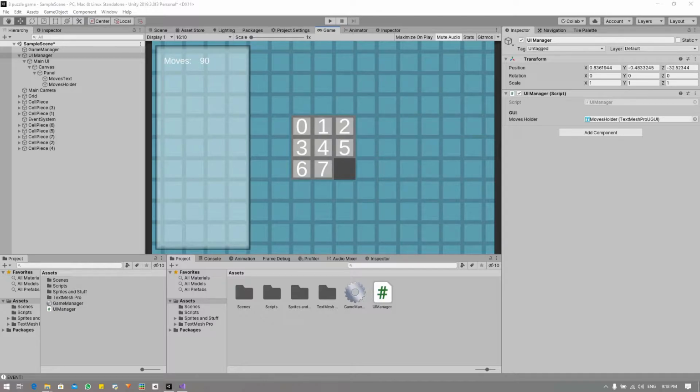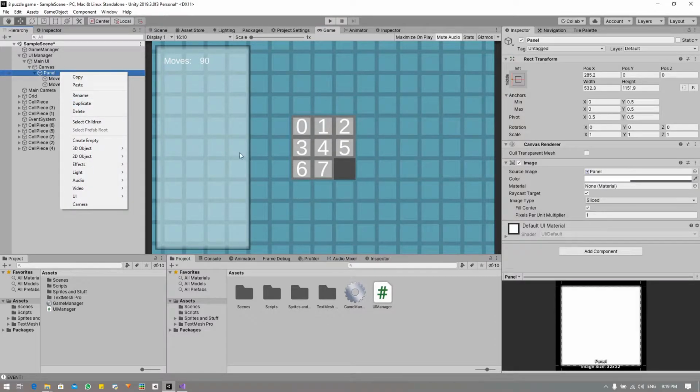In this video we will implement the reset system. Basically, we're going to create our first button, yay, which will reset the board and the moves to factory settings. So the first thing we are going to do is, in the panel from our canvas, right click,